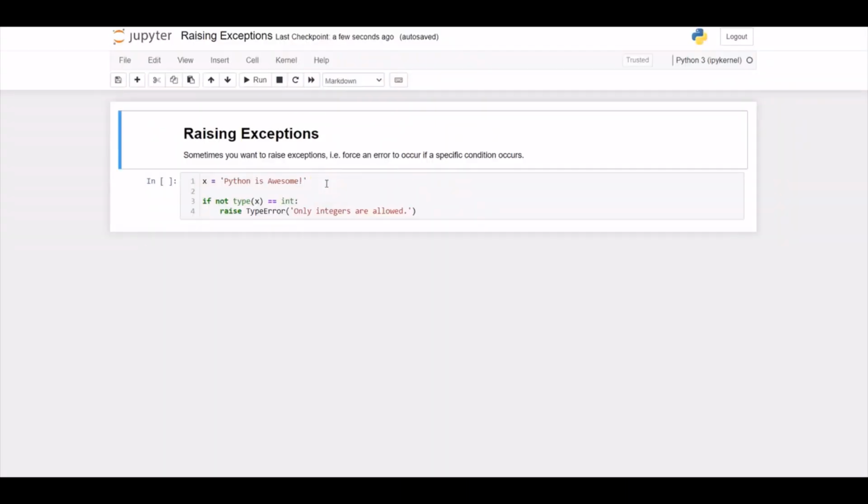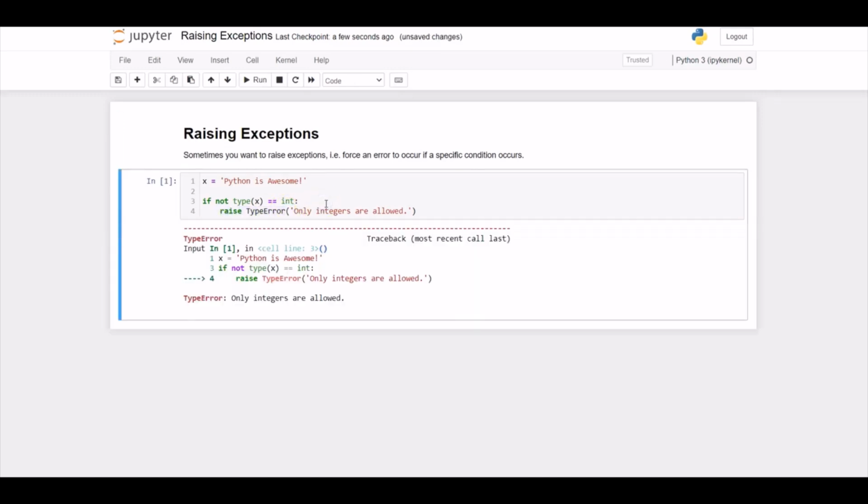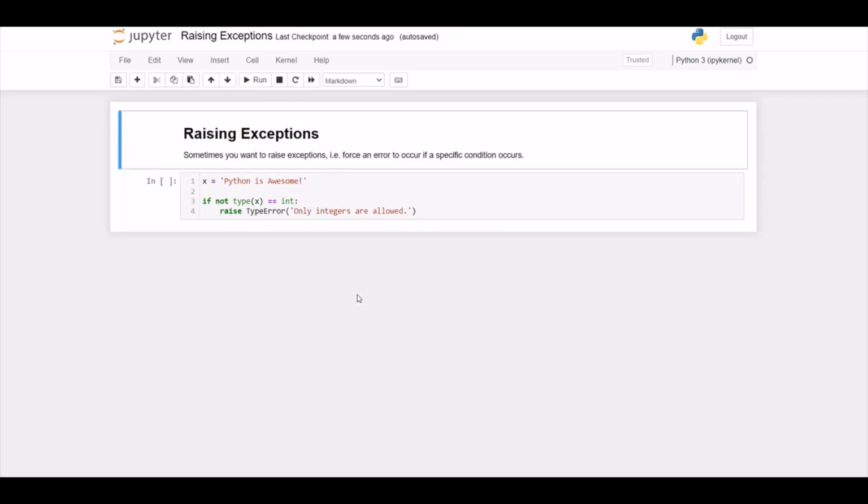It is possible to raise exceptions, and in this example I've created a variable x that is a string, and then I say if x is not an integer, then raise a TypeError. So if I run this code, we see that we got a TypeError, and the reason for this is that x is not an integer. If I change the variable x to an integer, let's say 10, and rerun the code,